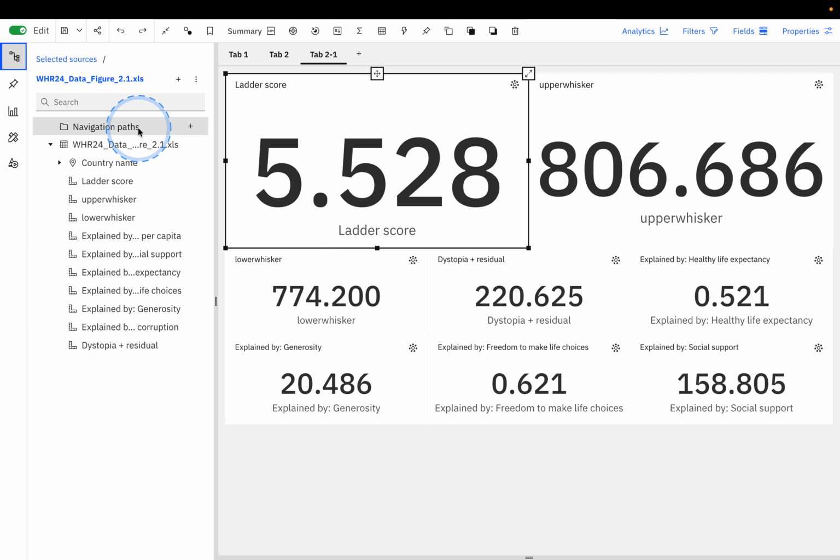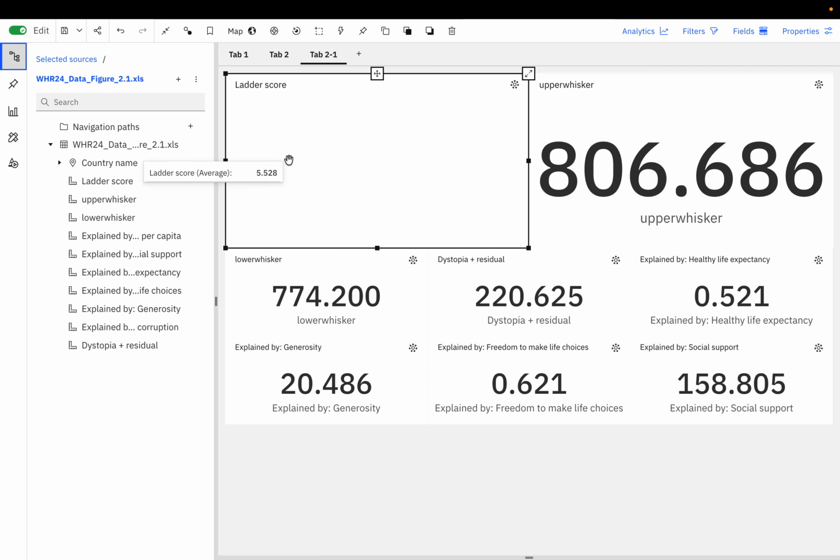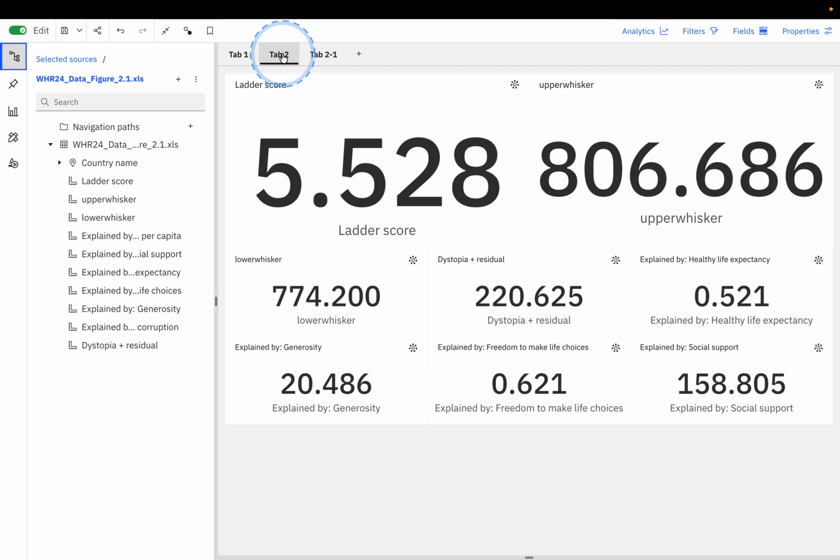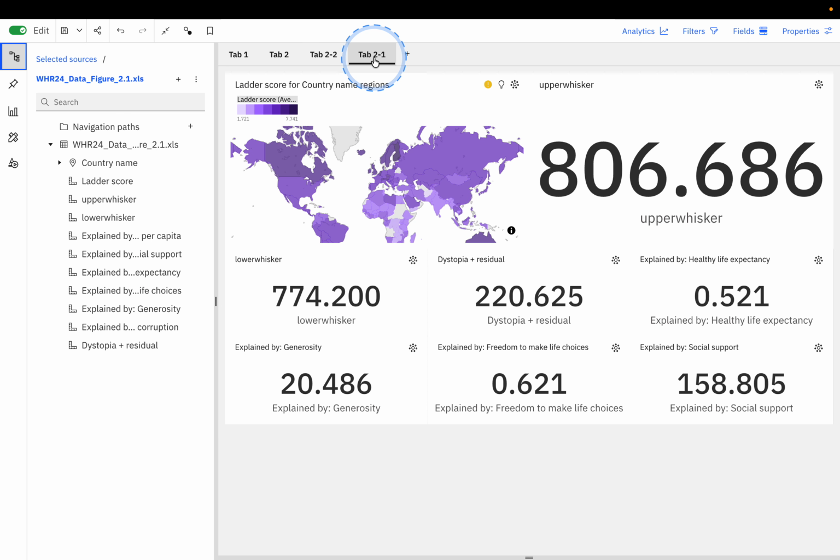Go to our data source. Bring in our country. So our ladder score is what? I think we'll do something here. We'll go back. We'll have one as map.